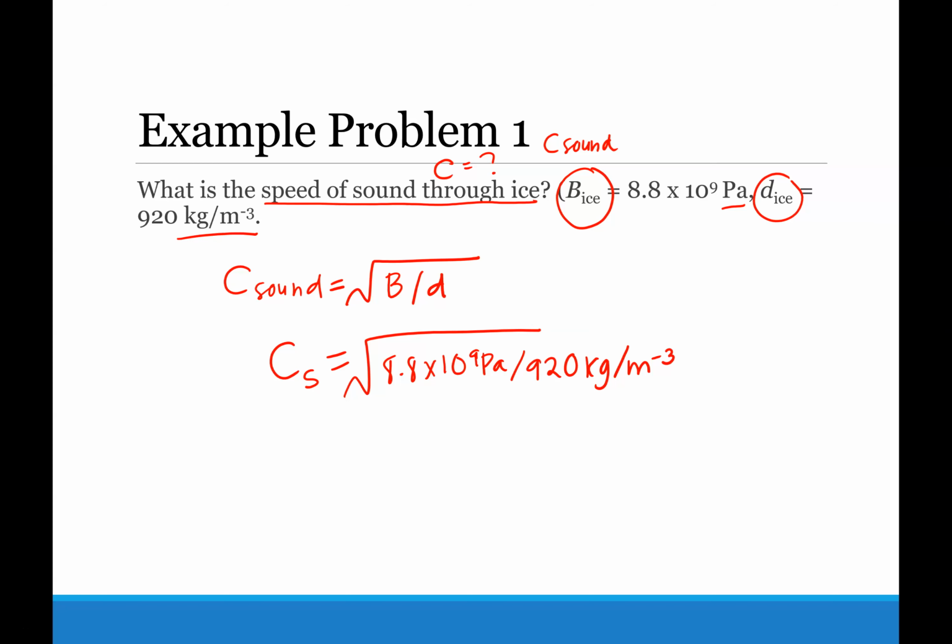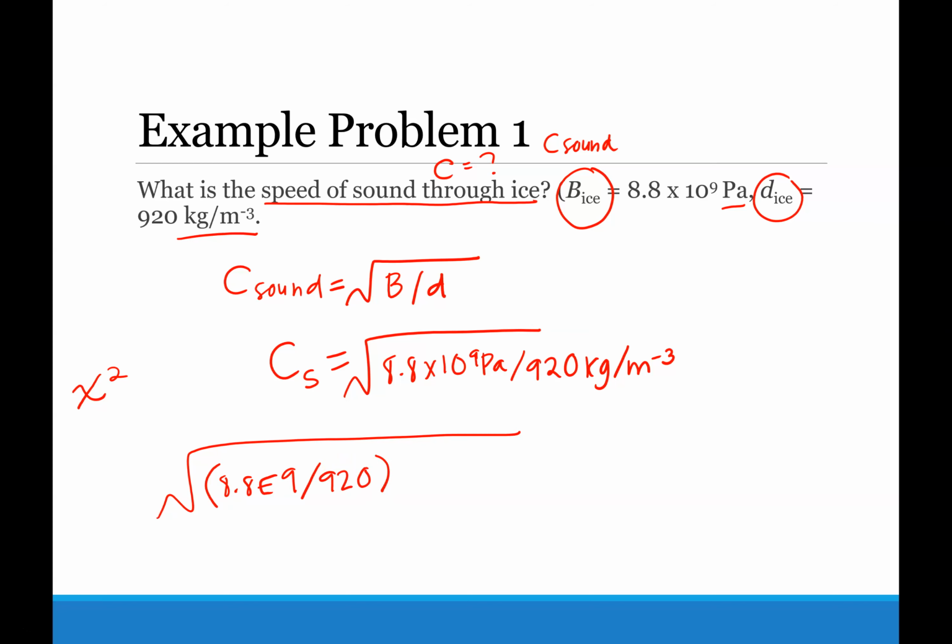So second, square root sign, open parentheses, 8.8 second e to the 9th divided by 920, close parentheses. So I'll write what it looks like in my calculator for you guys. Usually for a Texas Instrument, you have to press second, and then the x squared button, but it may be different on your calculator if you don't have the Texas Instrument. And so inside of my calculator, it looks like open parentheses, 8.8 e to the 9 divided by 920,